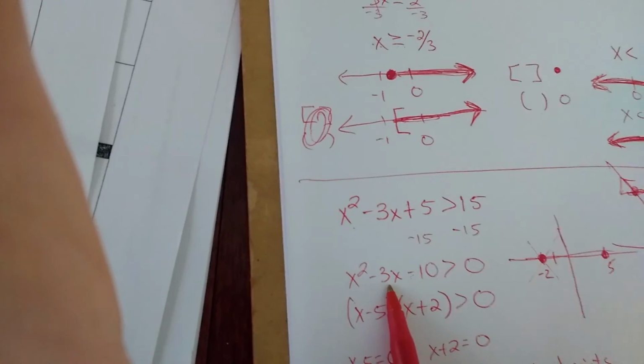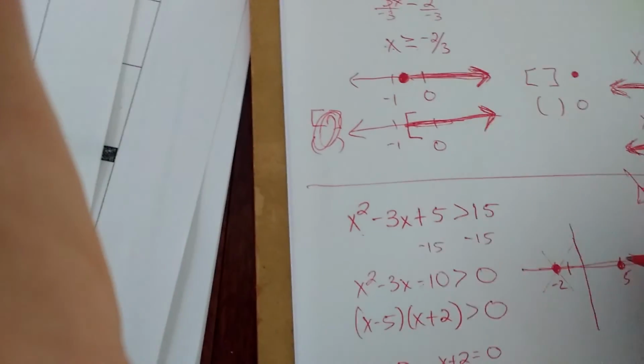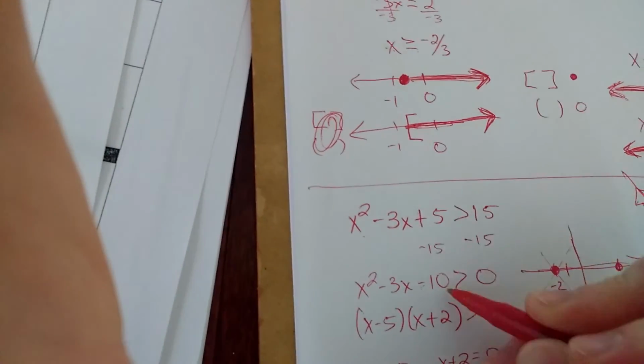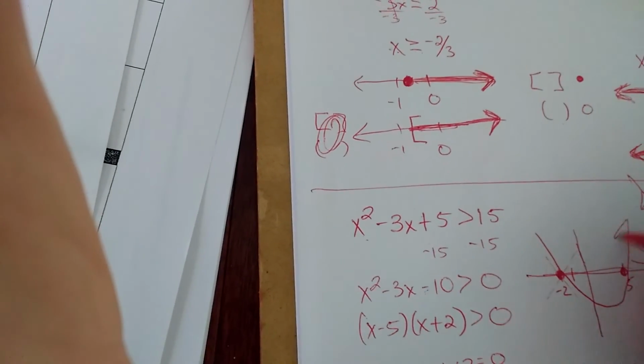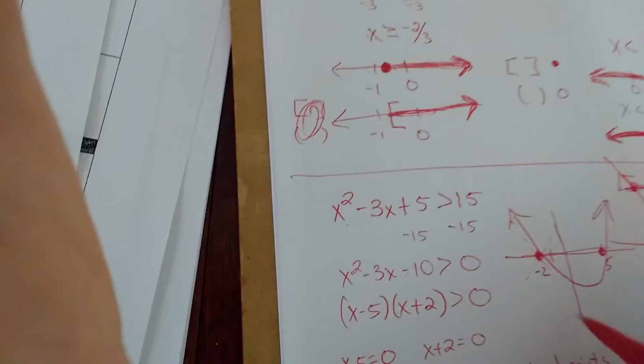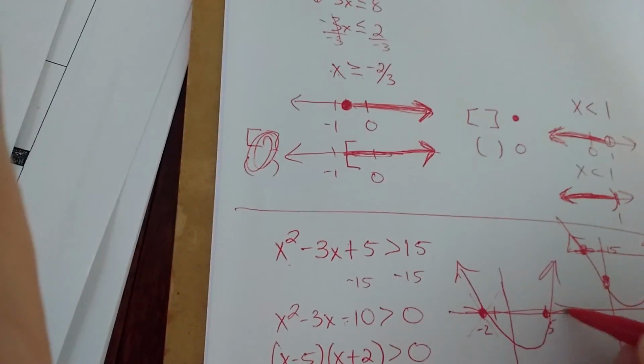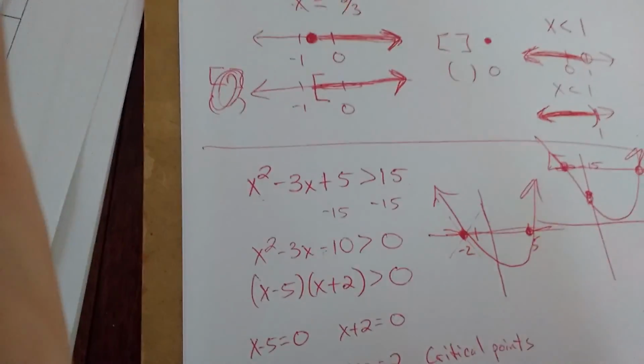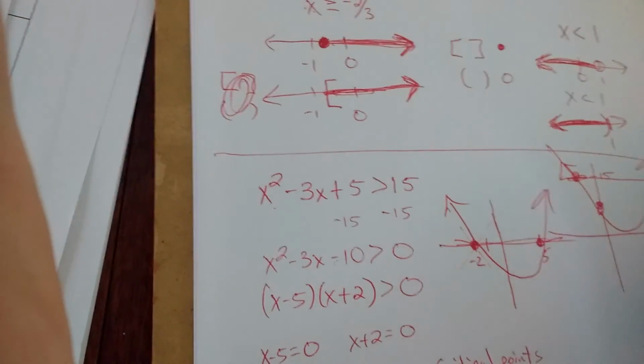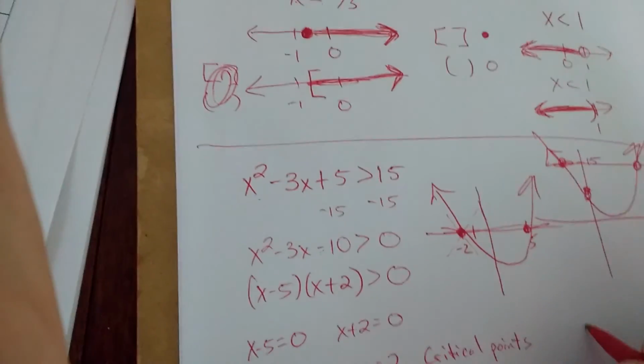Or if you think about graphing this one, I know those are my x-intercepts or my zeros, so I know that graph looks something like that. And when I want to know when is it greater than 0, well, it's going to be to the outside of those 2 points. So just thinking it through like that, you could write your answer and say, hey, x